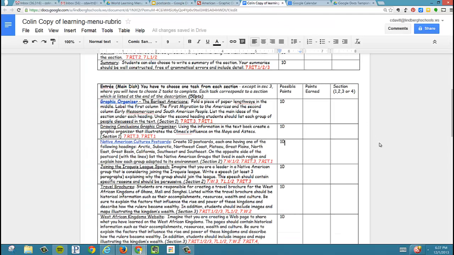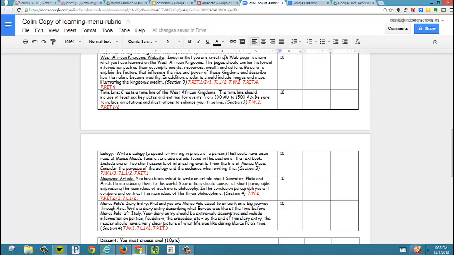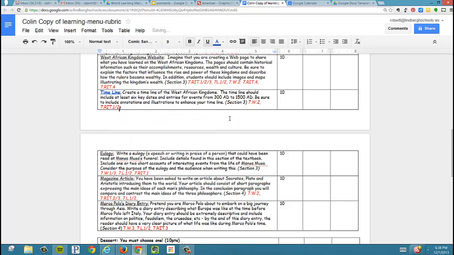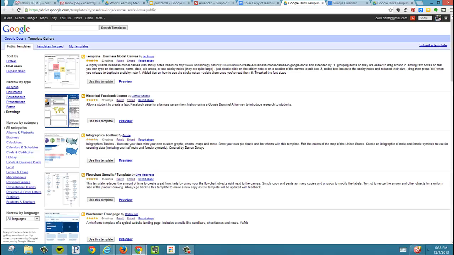Just like before, I'm going to scroll down a little bit, find my timeline section, and I'm going to highlight, bold, and link. Paste my resource directly in there and click Apply. So that way when the students get down to the timeline section, they can click the link and pull up that direct resource that's going to show them, that's going to give access to all the timeline templates they can